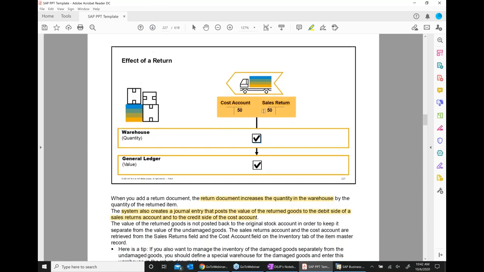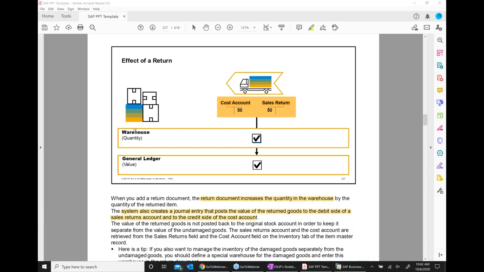Then what is the return? What is the effect of the return? Now look, this is important. Now let's look at this, and we're going to see that when we get a return, what is the effect of the return? So understanding the effect of the return is important. Now look at here.